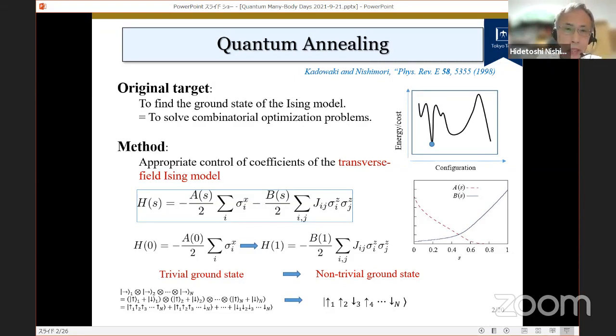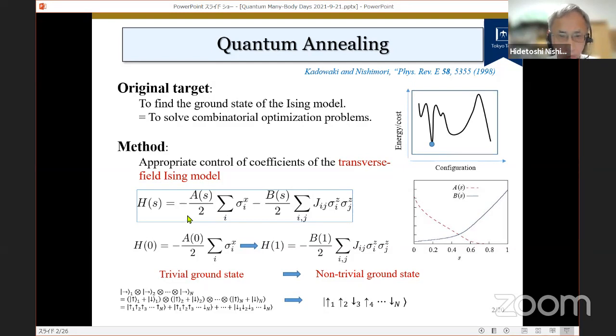And indeed, this ground state search of the Ising model is known to be equivalent to solving combinatorial optimization problems. And this latter set of problems, combinatorial optimization, is very important in real life. So this is important in physics as well as for the society at large. And of course, there are many methods to solve this problem, but quantum annealing uses quantum fluctuations to search the best solution among very many states. As you see in this